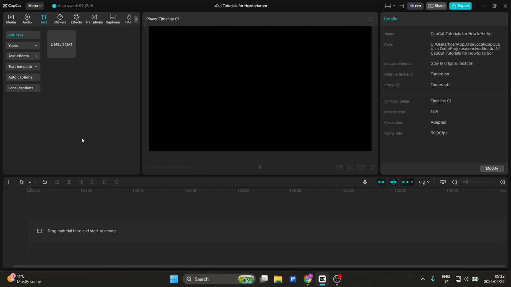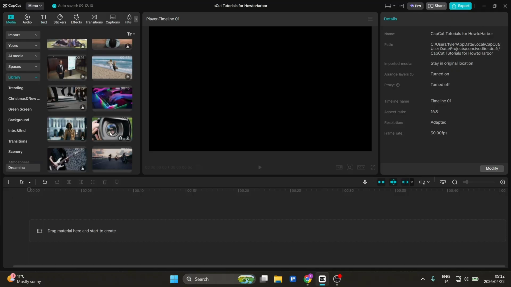Today I'm going to show you how to create a picture-in-picture in CapCut. Alright, I want to create a picture-in-picture over here. We call it PIP, or picture-in-picture. And essentially what we are going to do is, let's go over here to media, and we will have a